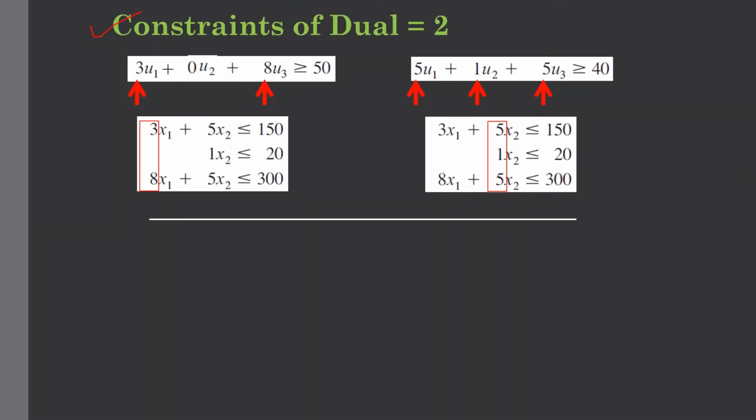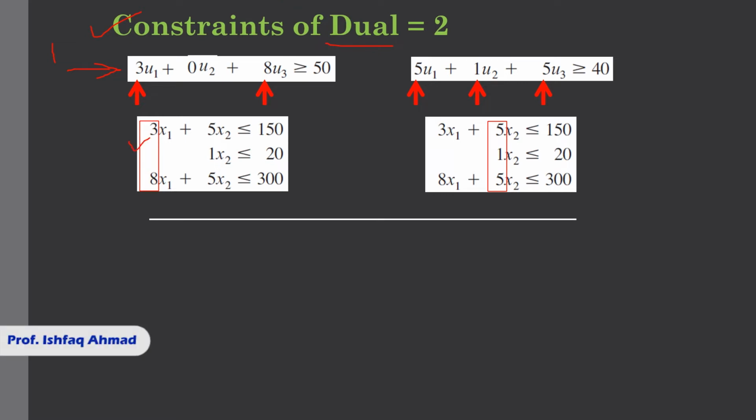So, writing constraints of the dual. The constraints of the dual are equal to 2, as they are equal to the number of variables in the primal. Here is the first constraint: 3u1 plus 0u2 plus 8u3 greater than or equal to 50. How can we write this constraint? Please look at this rectangle. We take the